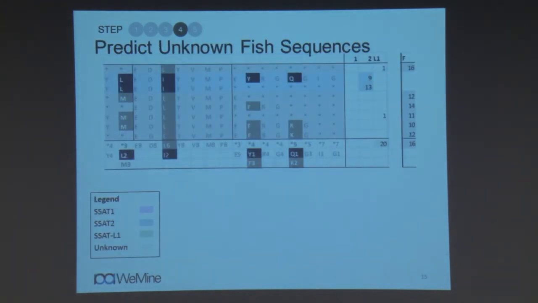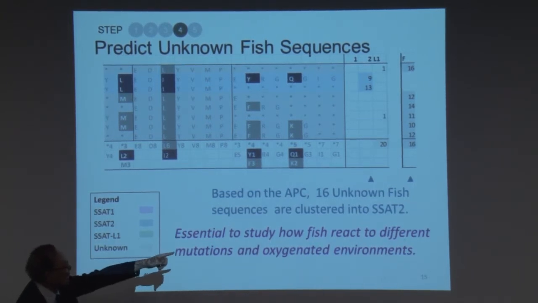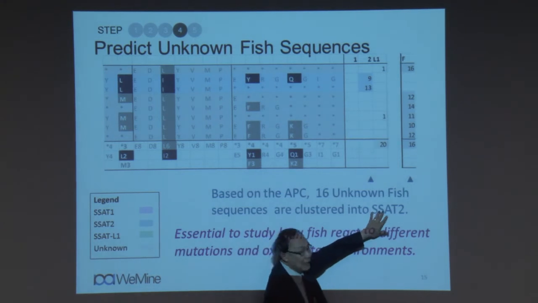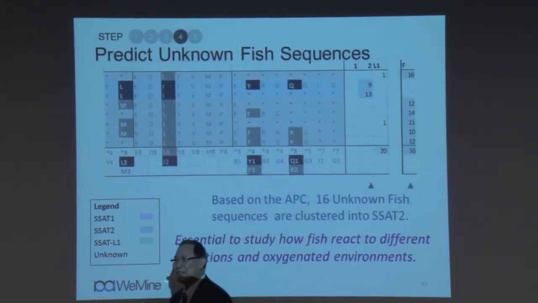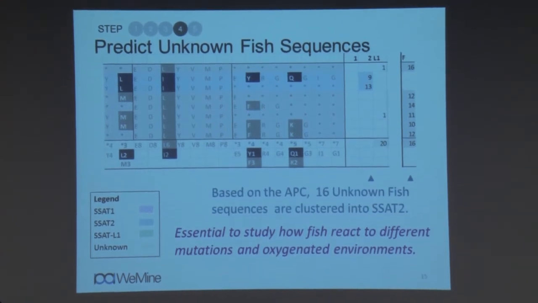And once we are able to isolate this functional group, there are some unknown features, okay? We can associate unknown features to which group? Like the 16 features are associated with set 2, okay? And we call it semi-supervised. We're using unsupervised to find a group, and then using that to pick up something related to that.